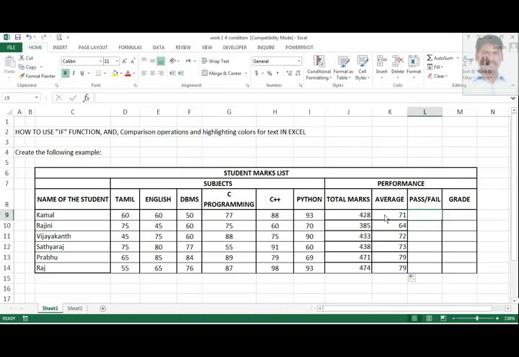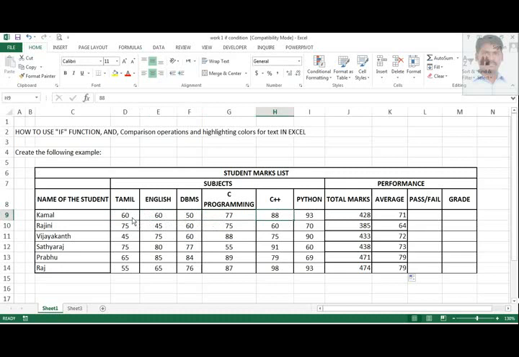Everybody knows that there is a minimum mark to be obtained for getting a pass, and then it goes higher and higher for getting more grades, right? So let's keep, for example, 50 as the minimum pass for all the subjects individually, so that the student should take 50 marks in each subject,